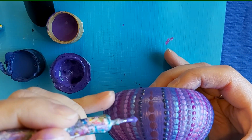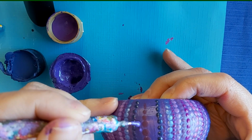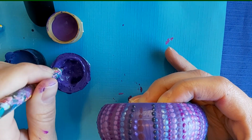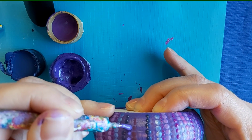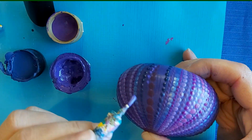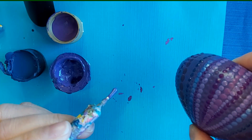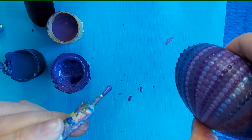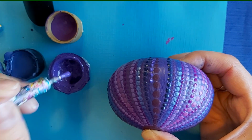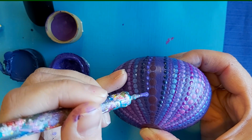And we'll just do the exact same thing that we did in the other one, where we are filling in this final space. As you can see, this one is a tackier paint. I know that it's a thicker paint, and you can see from the side here, if I can, you can just see that it's raised up a little bit more. It's just forming peaks a lot easier than some of the thinner paints. This is what we want to start seeing